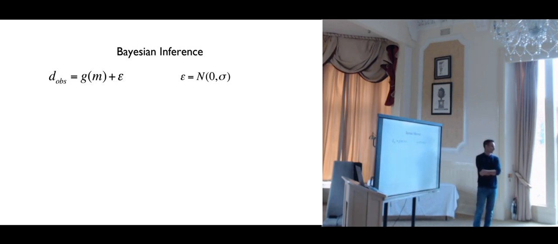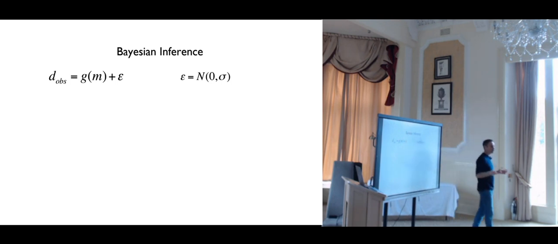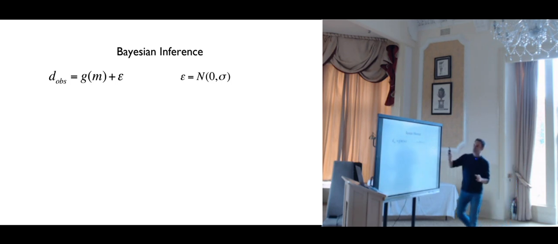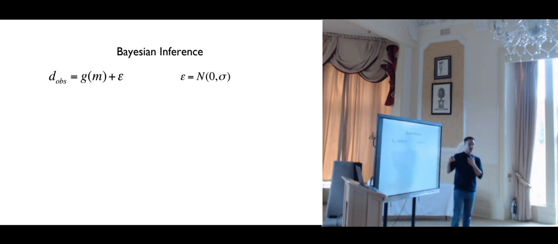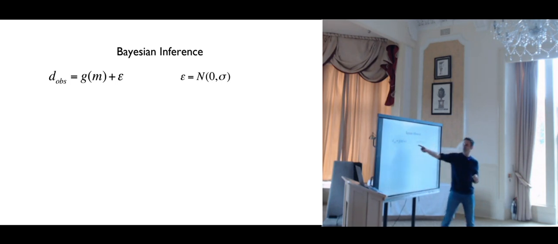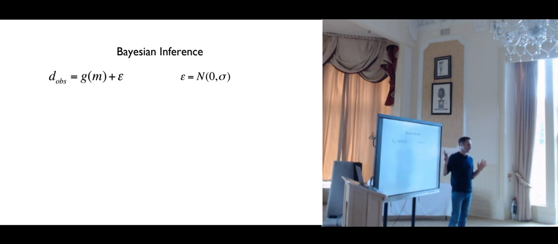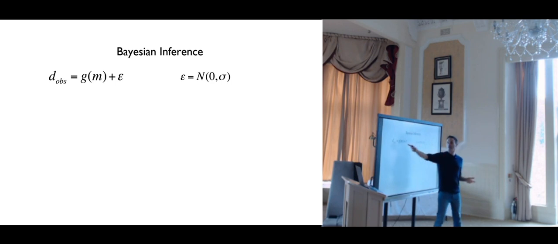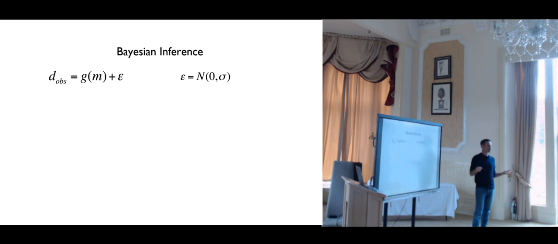And the errors are going to be random, and here we can assume they are normally distributed, but we can assume other distributions. And so this is a very strong assumption. What I'm saying, again, is that the data is equal to G(m), a function of the model, plus some random errors. So my definition of random errors is going to be the difference between d_obs and G(m). So my definition of data noise is going to be all the part of the data that I am not able to fit with my model. That's going to be data noise.